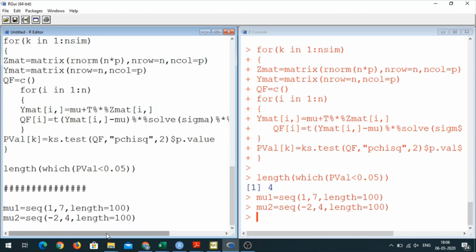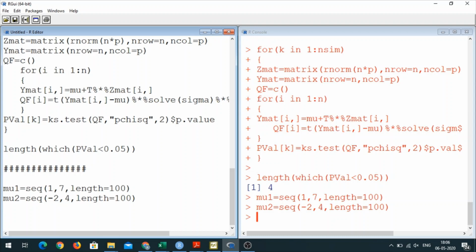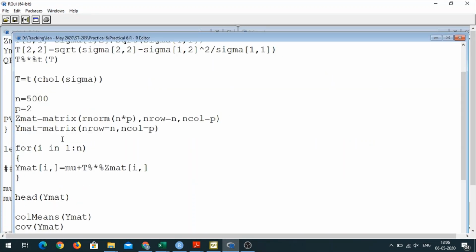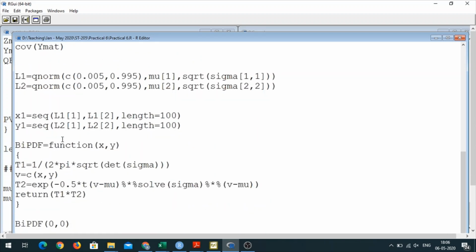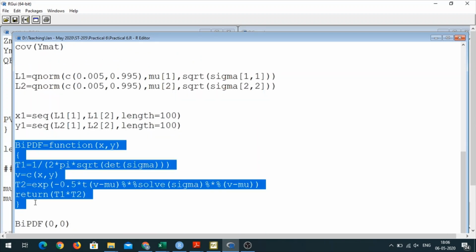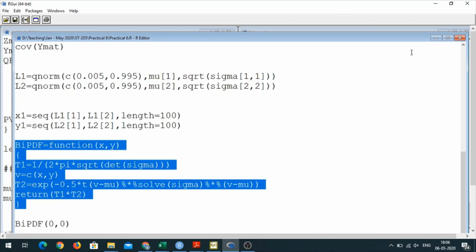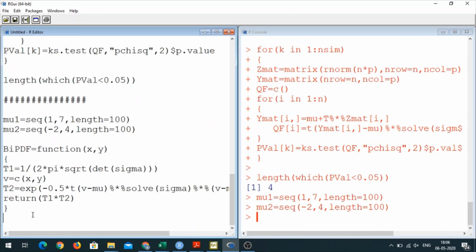I need to write the likelihood. We can use the bivariate PDF that we computed last time. So yes, I have that here. So the bivariate PDF we had computed, so we can use that function. But now, oh sorry, the thing is, when I computed the PDF, it was a function of x, y. Now I don't want to compute the PDF. I want to compute the likelihood, so it has to be a function of mu1, mu2. Okay, so let me call them m1, m2.